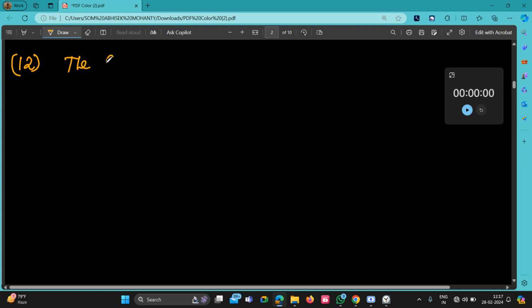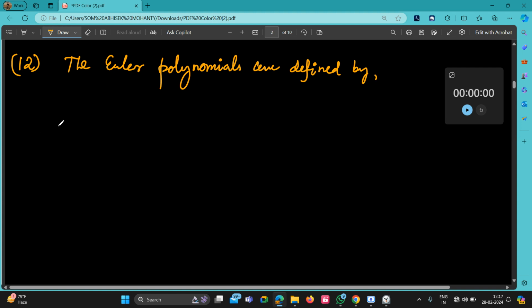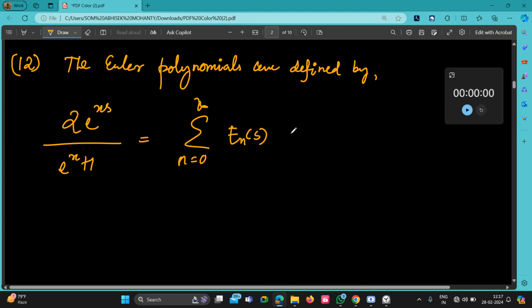The Euler polynomials are defined by 2 e to the power xs divided by e to the power x plus 1 is equal to summation n is equal to 0 to infinity En(x) t to the power n by n factorial. Okay, what is the value of